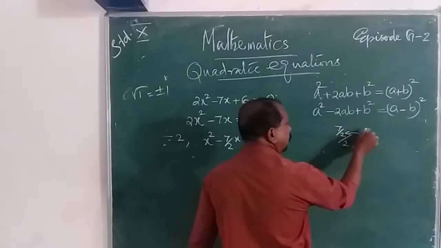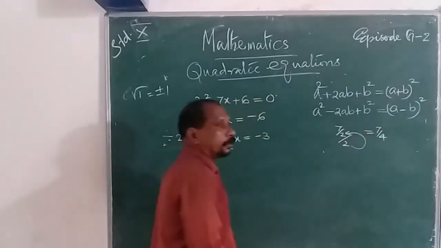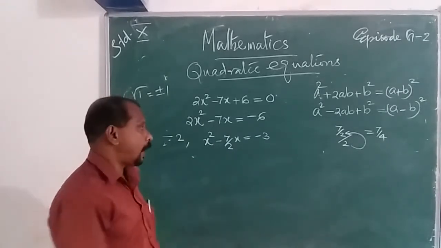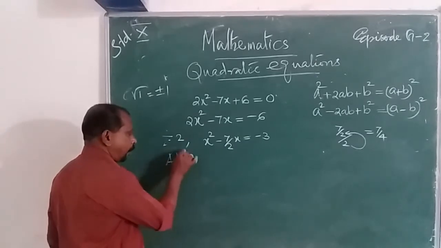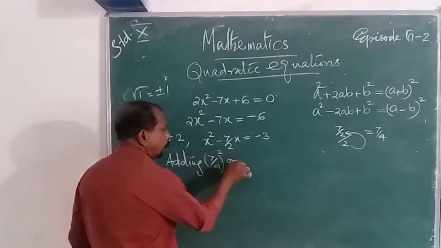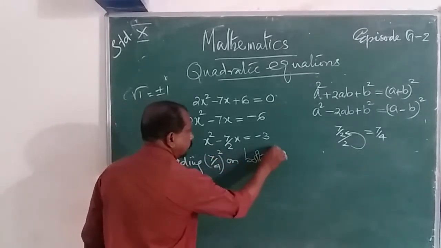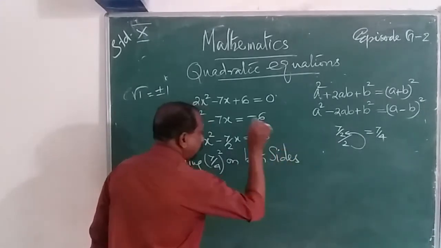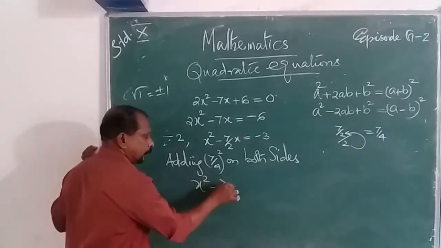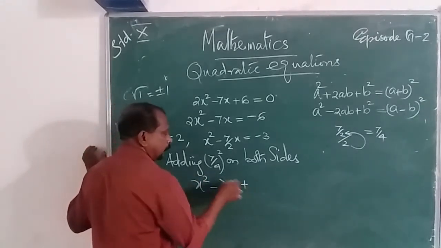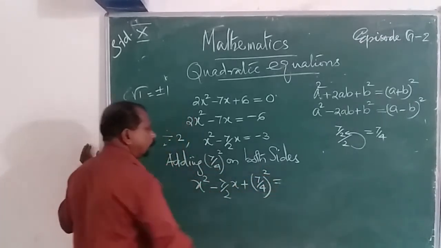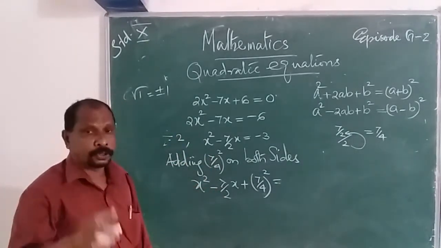What? Half of the coefficient, 7 by 2. Then take the square of that 7 by 2. That is adding; that is necessary. 7 by 4 the whole square on both the sides. Then the necessary is what? x square minus 7 by 2 x plus 7 by 4 the whole square is equal to, then on the right,